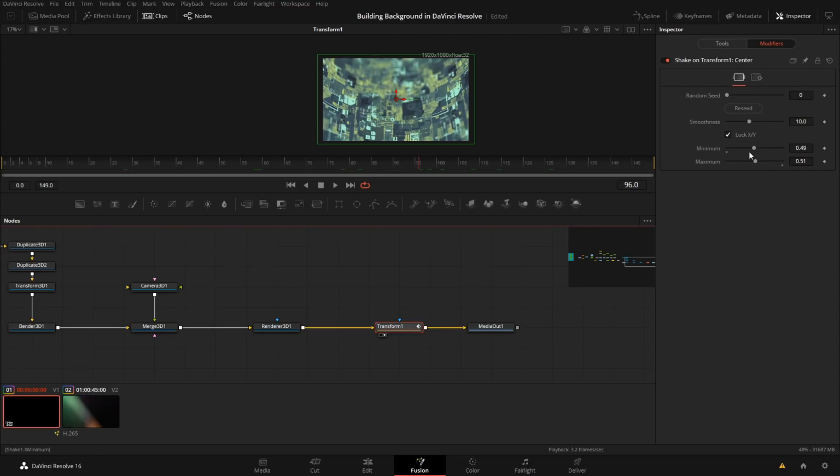The center is going to be 0.5, so for the minimum, you want to start to go away from that, and equally for the maximum, you would want to go the opposite way as well. Then you have your smoothness slider and so on. But that's how you could do a cheaper shake, if, like I said, I don't know if the color page has the thing.